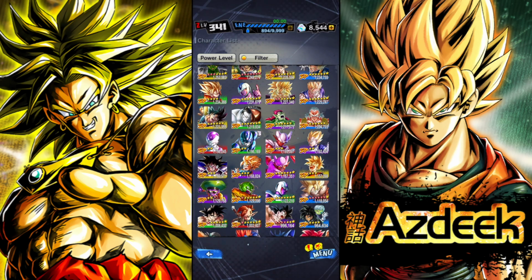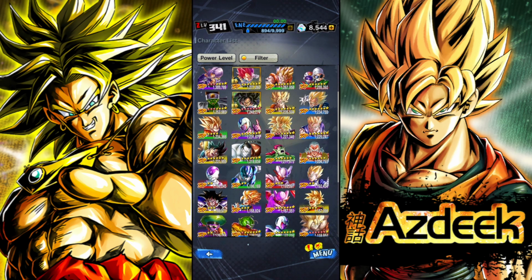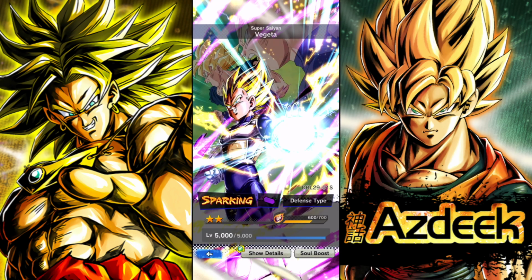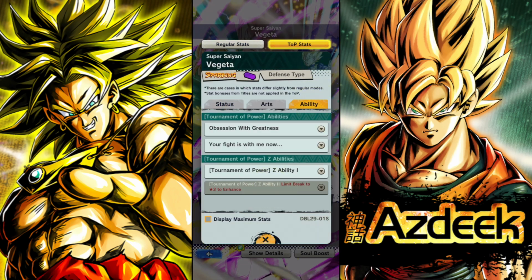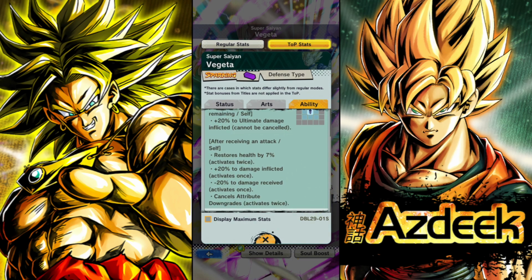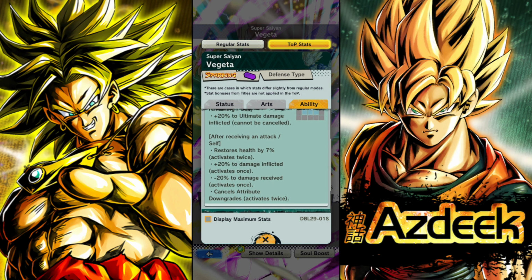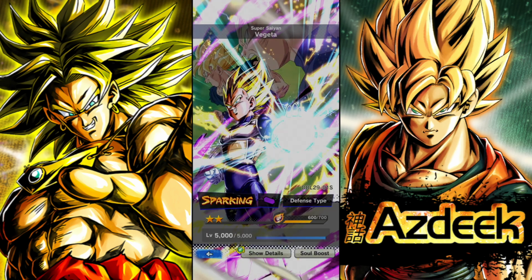You guys can run the Zenkai Metal Cooler. You guys can run the Janemba. You guys can run whoever you think is going to have a lot of self-sustain, especially someone like this guy as well, right? Because this guy also heals up after receiving an attack, restoring health by 7%, activates twice, 20% to damage inflicted, and minus 20% to damage received. So it's these kinds of units that have a lot of self-sustain that you definitely want to include on your